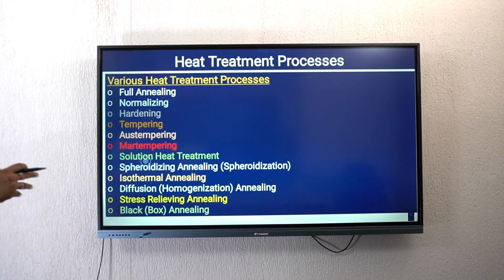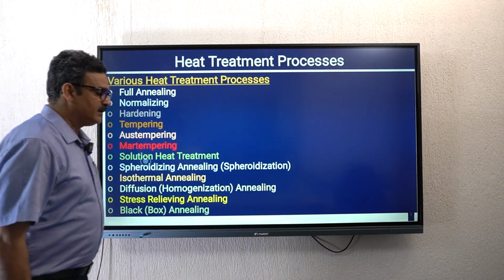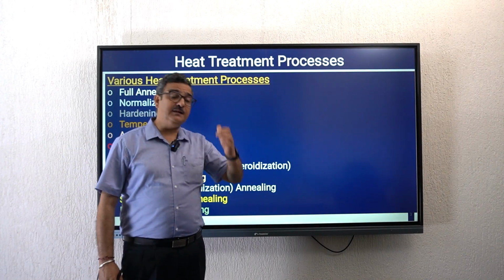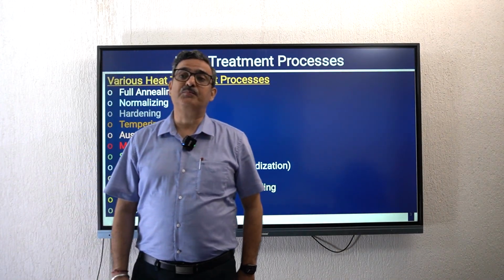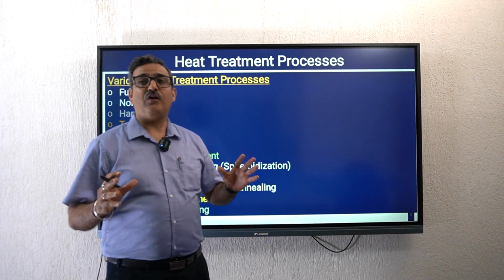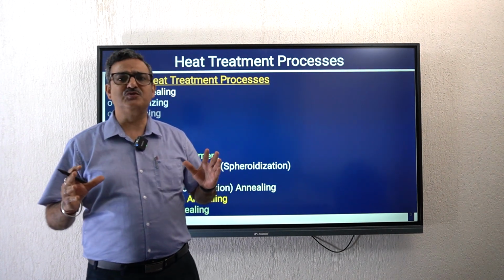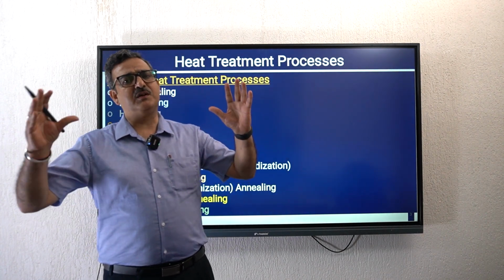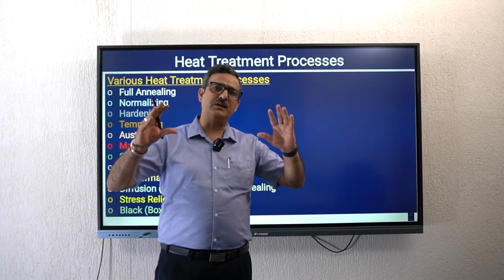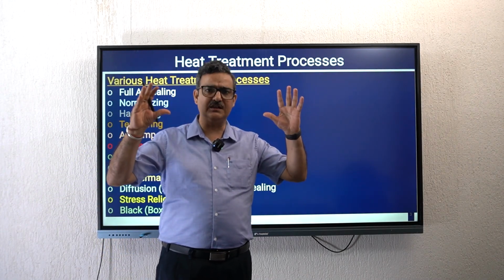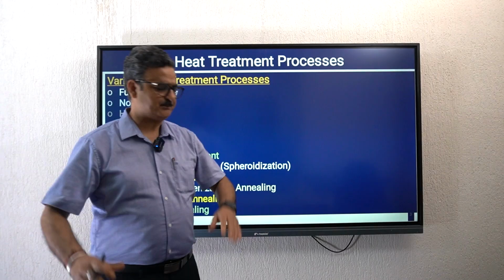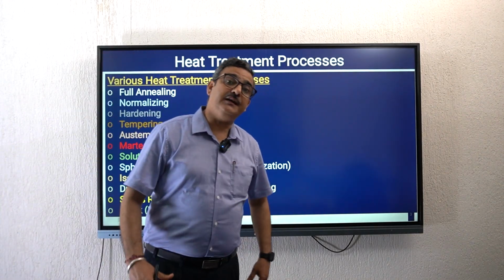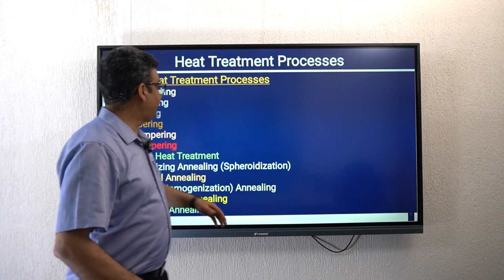So what are the various types of heat treatment processes? Yesterday I said that heat treatment processes is a common name that has been given to some processes. The objective of every heat treatment process is to change the microstructure of a given steel so as to change its mechanical properties, so as to make it suitable for some specific application that is there on your hand or in your mind. So according to the purpose for which heat treatment has to be given, heat treatment is of